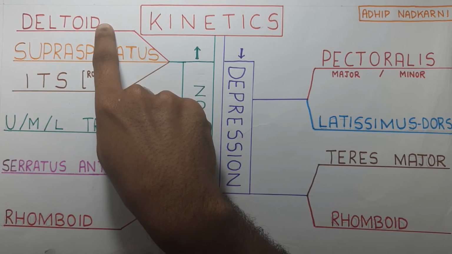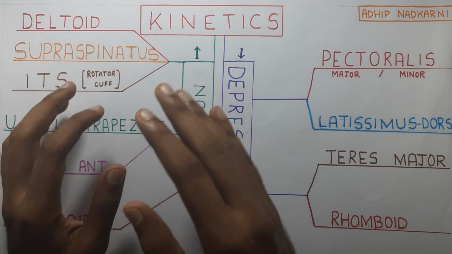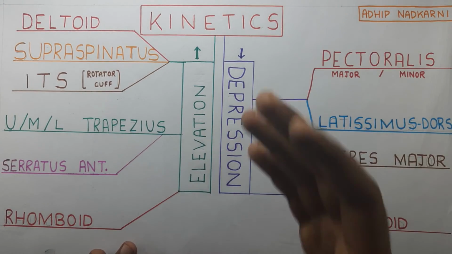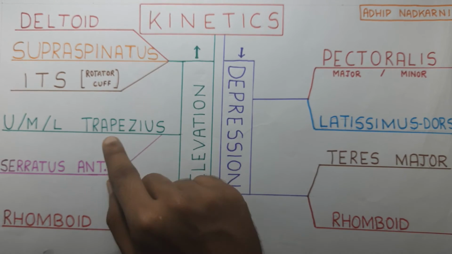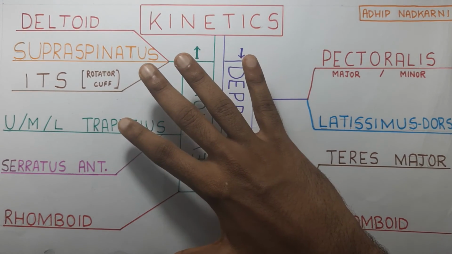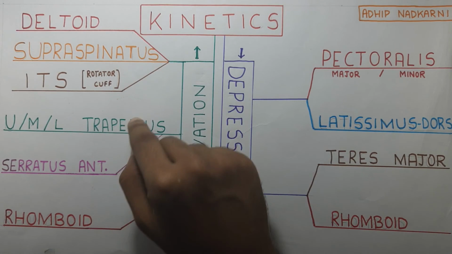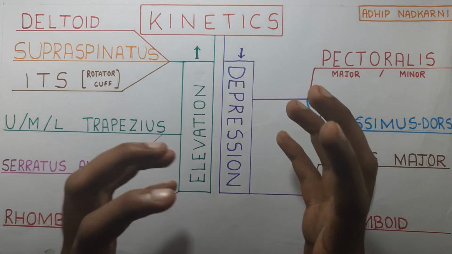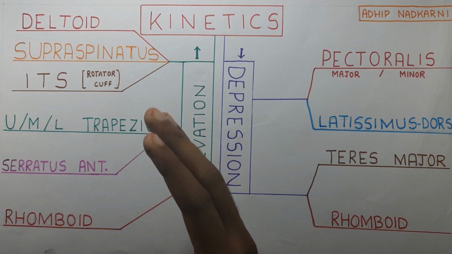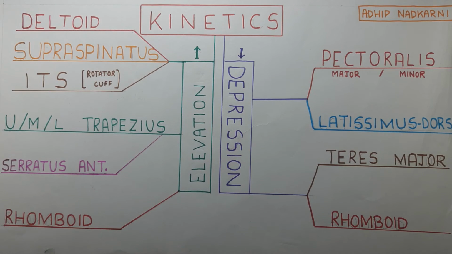So with that, we finish off the topic of upward rotators of our shoulder joint. We talked about deltoid, the three parts of the deltoid, how it acts with your rotator cuff to cause elevation at the shoulder joint. Then we looked at the supraspinatus, how it carries the whole abduction without the help of deltoid. Then upper trapezius, lower trapezius and middle trapezius along with serratus anterior causes upward rotation, which I have a dedicated video for. And then the rhomboid also has a similar function to your lower trapezius, that is, it keeps your scapula inward and stable and provides a major role of stability during scapular upward rotation. So that's all we have for elevation of your shoulder joint.